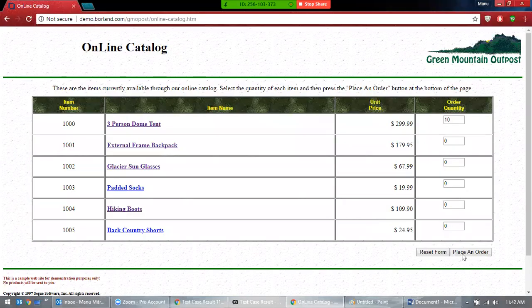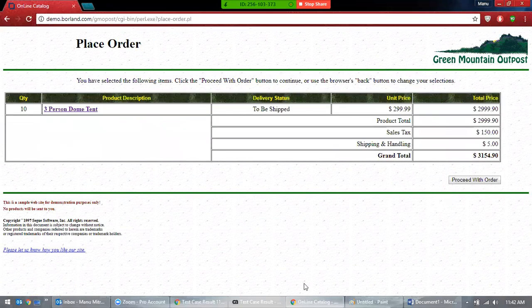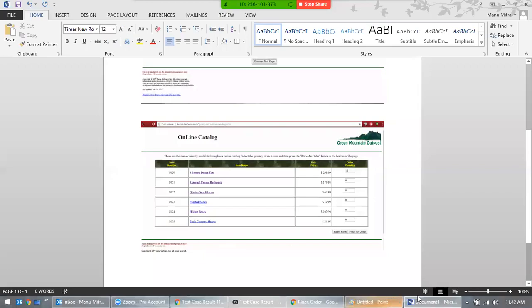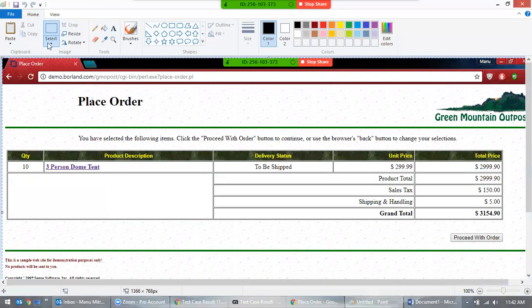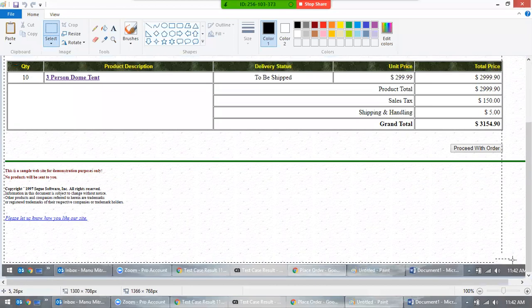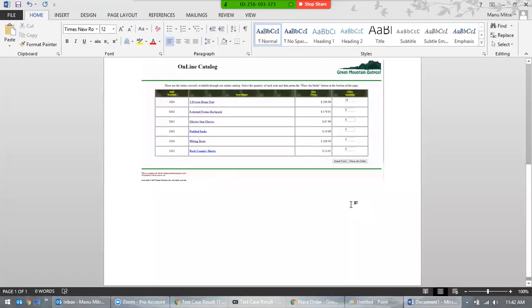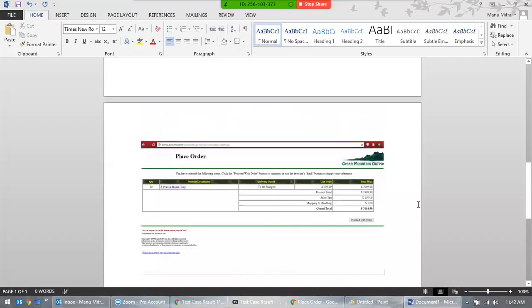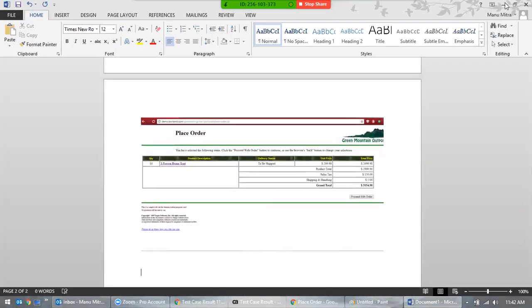Click on the place an auto button, and take a screenshot. And click on this. You can paste it just like that, whatever is there, but what I'm trying to do here is put only the information which is relevant to it. We don't want to put irrelevant information too.